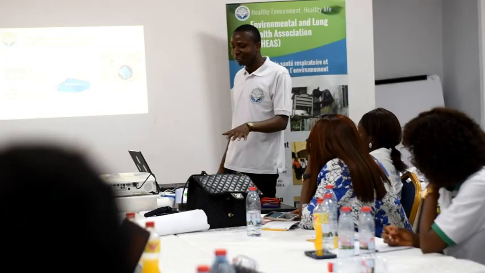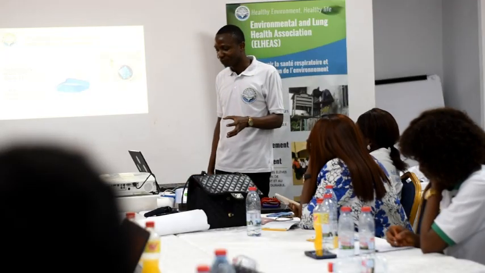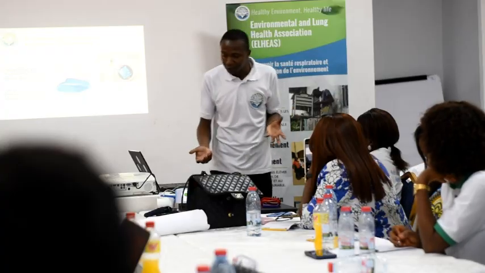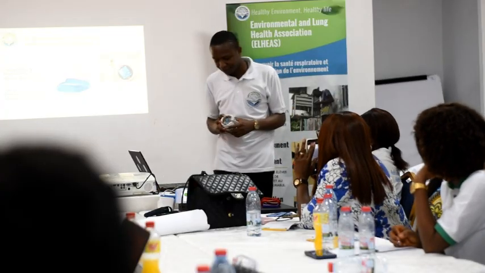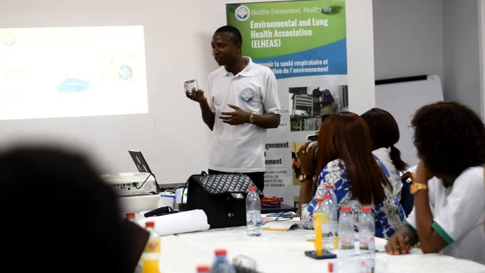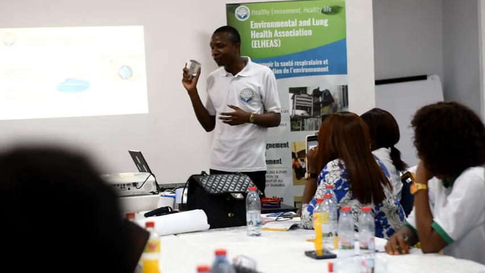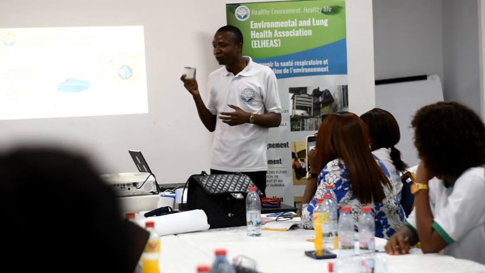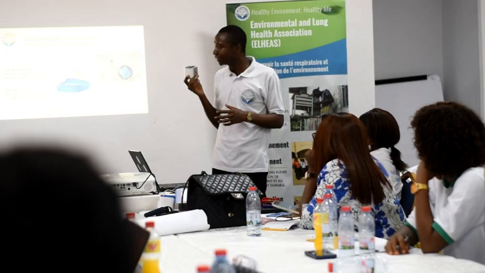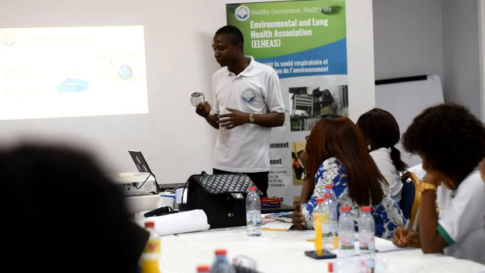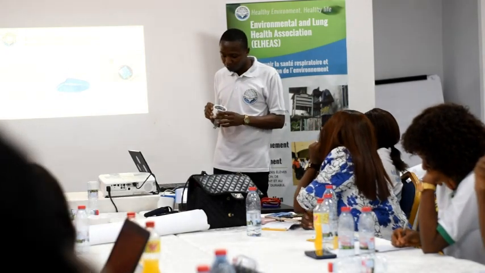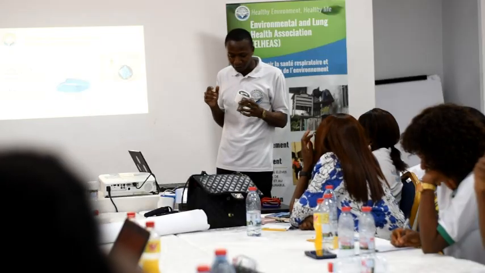So I've now entered the part about our sensors. The first one that I want to talk about is our Purple Air. It measures PM 1.0, PM 2.5, PM 10, and then temperature and humidity. So it measures all of that. It uses light scattering. If I were to put this on, I did not come with the charger, but if I were to put it on,